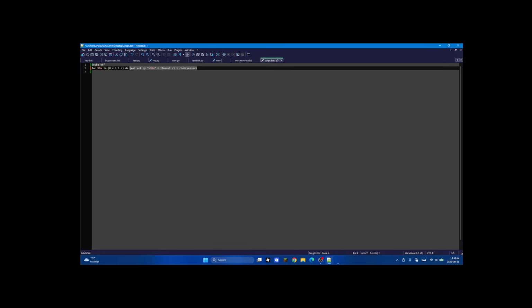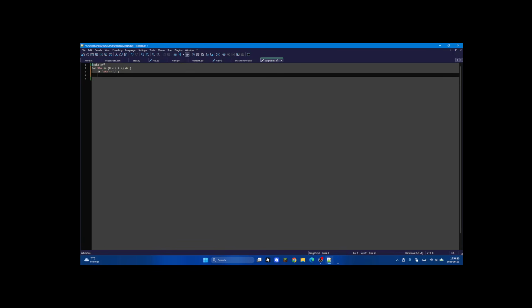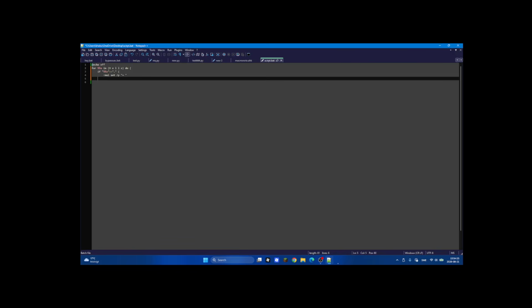If you copy this multi-line, there we go. If A equals this, multi-line again, and you will set P. There we go. Wait, and the space. Now you can close this,